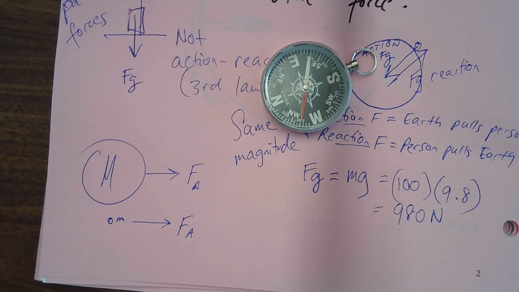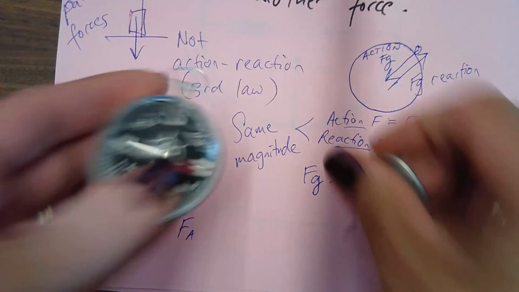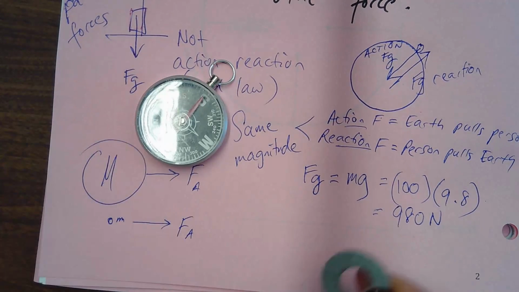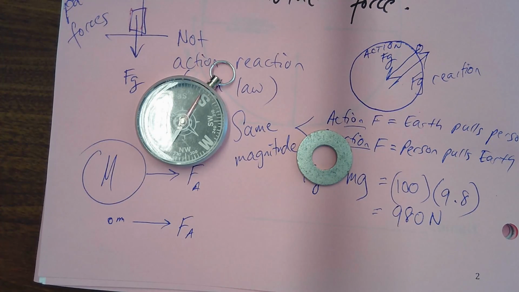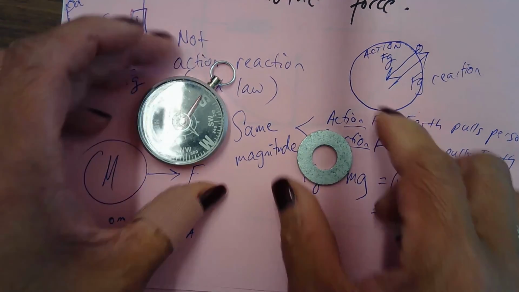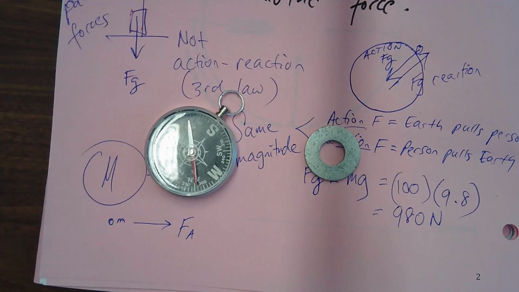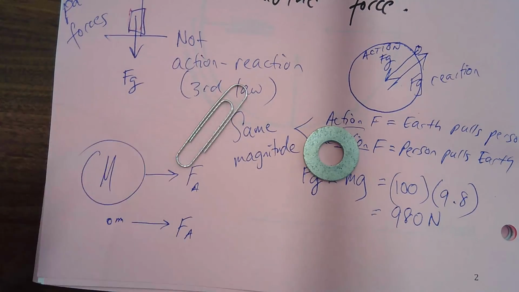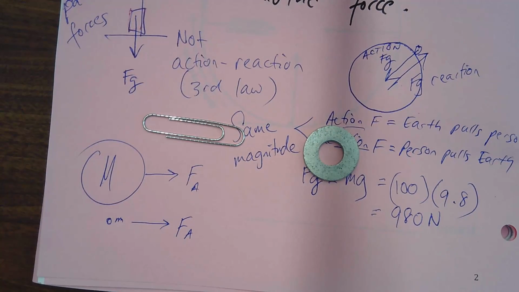Oh, here we go. They are pretty close to the same mu, okay? Oh, okay, this is actually lighter than the washer. So what do you think would happen if I push something that is heavier mass compared to something that is lighter mass? There you go, paper clip versus washer. And if I push them with the same amount of force,